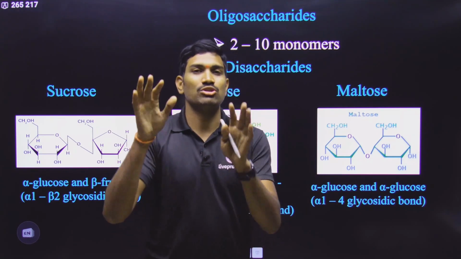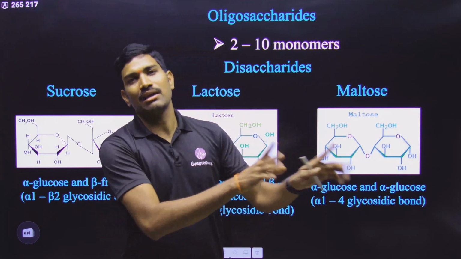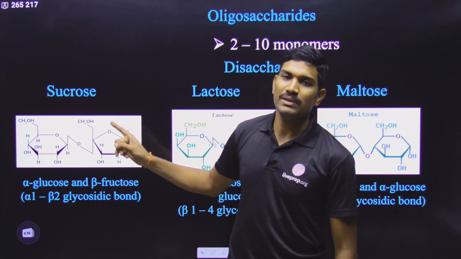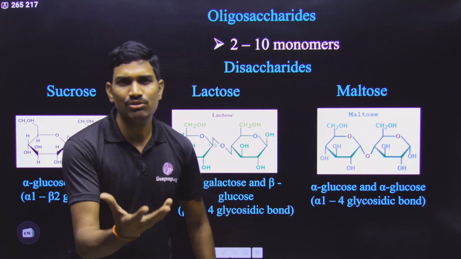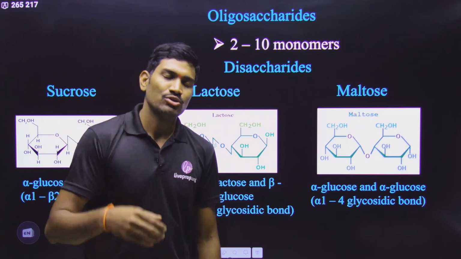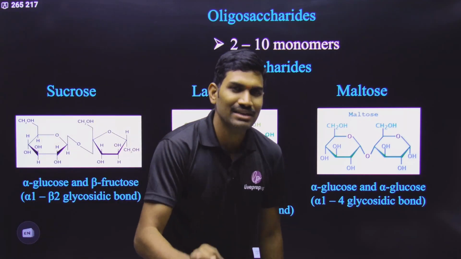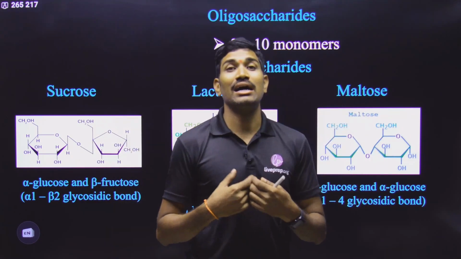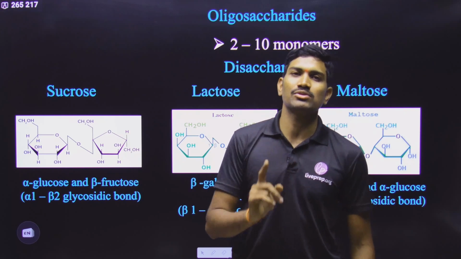Even though this content was not given in this particular chapter of biology, these are very important in chemistry. Please remember this. This is one important exception, so please remember. Then what about the monosaccharide? Any monosaccharide you take, they are individual units. Individual unit means the aldehyde or ketone groups are free. So all the monosaccharides are reducing sugars. Please remember this. In the case of disaccharides, lactose and maltose are reducing sugars, but sucrose is a non-reducing sugar. Very important example, so please remember this.